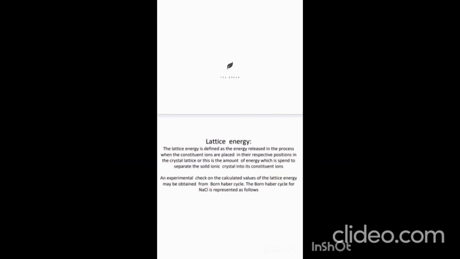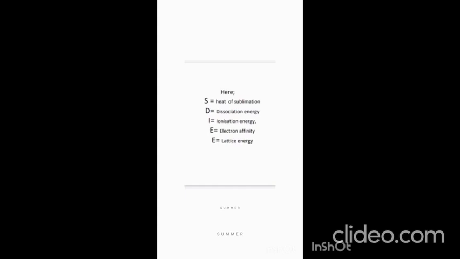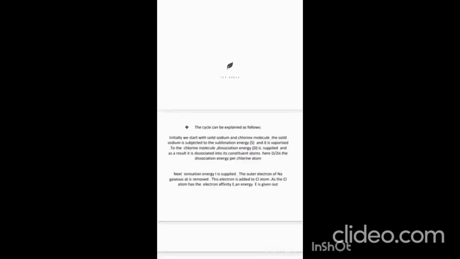An experimental check on the calculated values of the lattice energy may be obtained from the Born-Haber cycle. The Born-Haber cycle for NaCl is represented as follows. Here S is heat of sublimation, D is dissociation energy, I is ionization energy, E is electron affinity. The cycle can be explained as follows. Initially, we start with solid sodium and chlorine molecule. The solid sodium is subjected to the